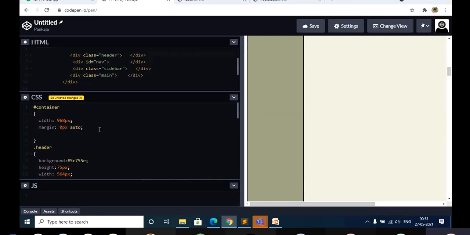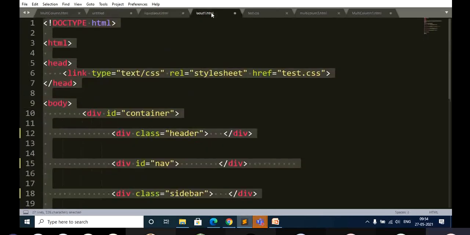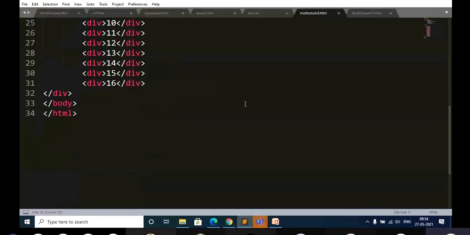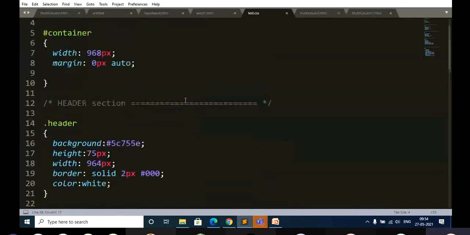And also I wanted to show you here, with respect to this layout, I will make some small changes with respect to margin. If you don't want to make a fixed layout, you can just change this. Just remove this, save it, and see what happens.